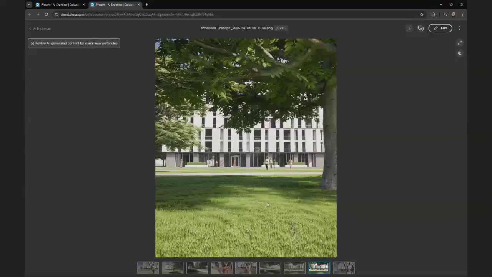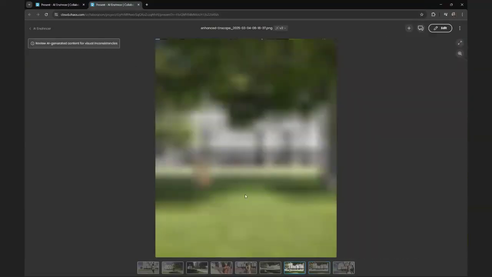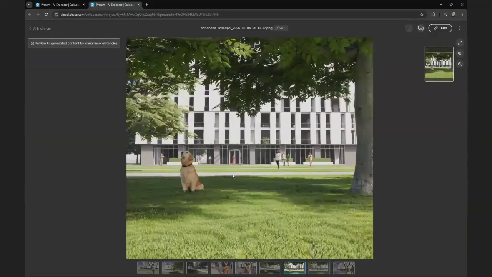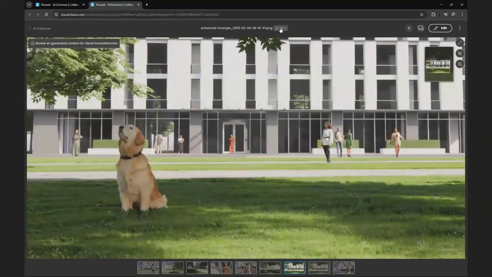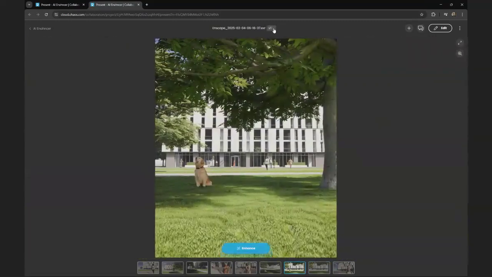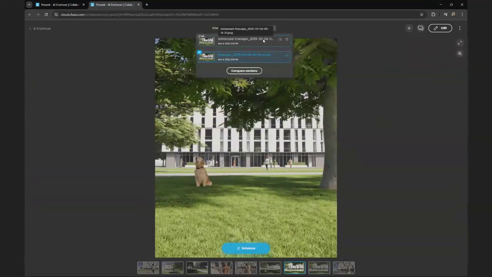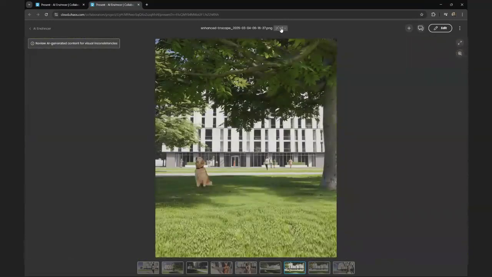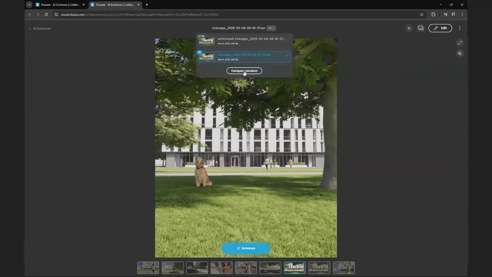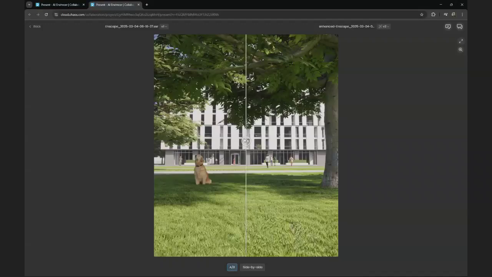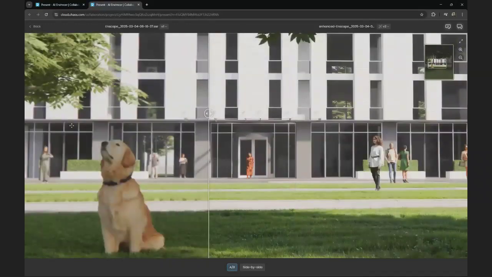Let's be honest about that. But if we take a look at some of the images, for example, this one, we'll see that we have versions right here. This is actually thanks to the Chaos Cloud collaboration platform where we can compare them and where the enhancement will take place. And if we want to compare both of the images, we can just click on compare, and now we can see the difference with the AI and without the AI.